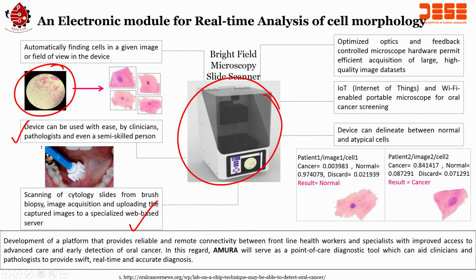Further, it will also find out whether the cells have the same morphology or a different morphology. If it is a different morphology, the system will tell that these are the cells that have different morphology, and those cells would be sent to a remote pathologist. You got it. So, now the advantage is if I have a slide coated with cells, I load the slide, press a button, it will scan the slide, find out the cells which have different morphology, identify those cells and send them to a remote pathologist. It will save a lot of time in screening the cancer. So, the screening time can come down with the help of this particular tool.